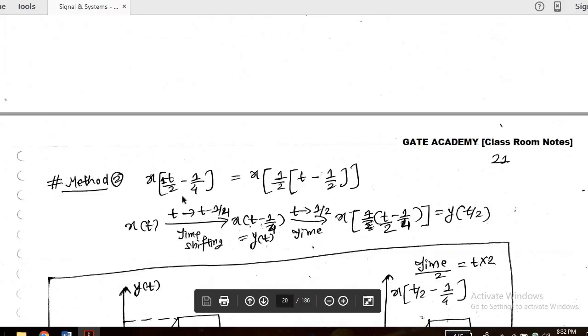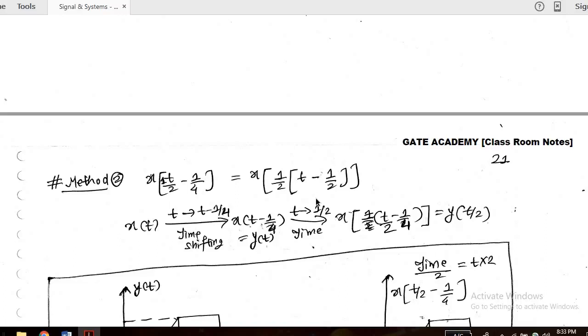So method 2 is: you are taking 1 by 2 common, that is, you are following the left to right approach. First you are following the right to left approach. So here in the right to left approach, first you have encountered the 1 by 4 term. If you are following the left to right approach, you need to take 1 by 2 common. If you are following the right to left approach, you need not take 1 by 2 common, at least till this point. Why? Because first I have encountered